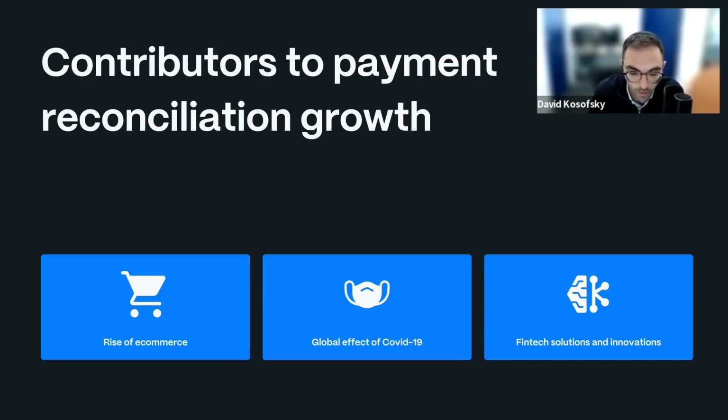So what's contributed to this growth? The first thing is the rise of e-commerce. Not that it hasn't been around for a long time, it's just that things are accelerating. One of the big accelerators or causes of acceleration is COVID. During lockdowns, so much commerce moved to the online space, particularly retail, and that really was a big driver. And even now that we're open again, a lot of the businesses and a lot of the traffic that was pushed online stayed online. So that was a big cause.